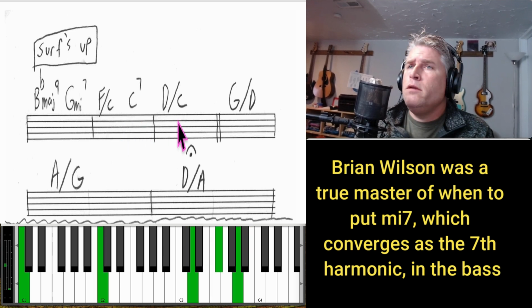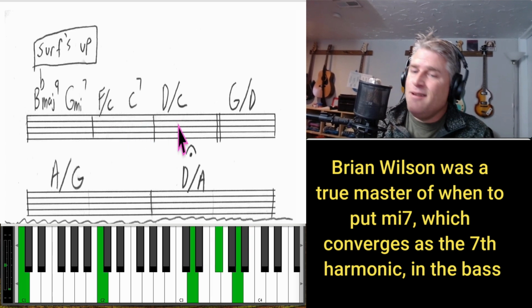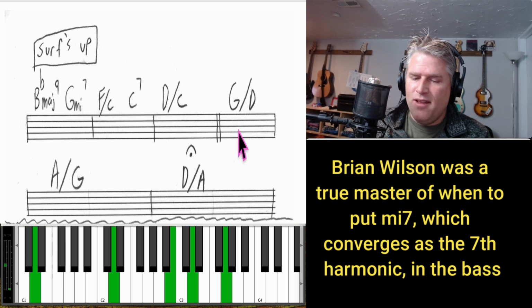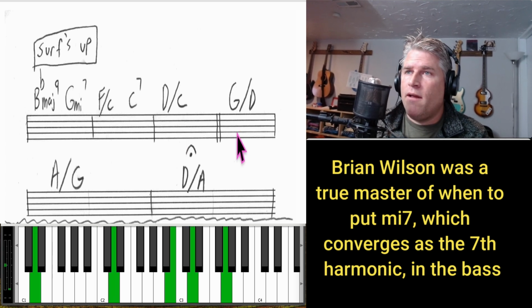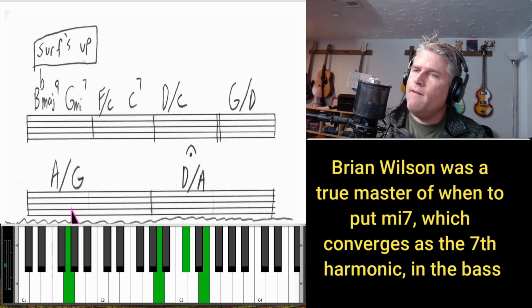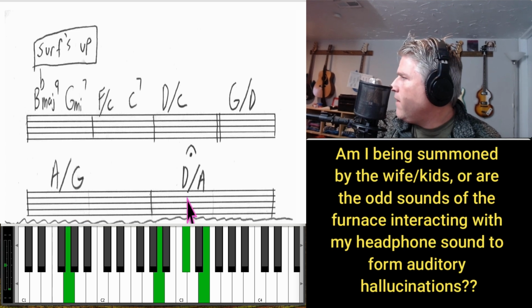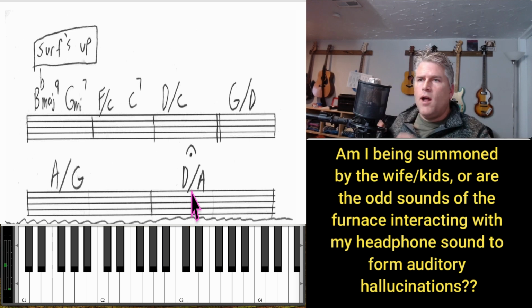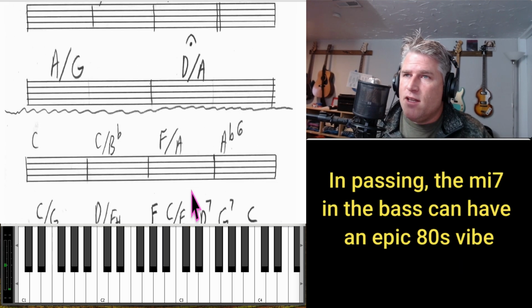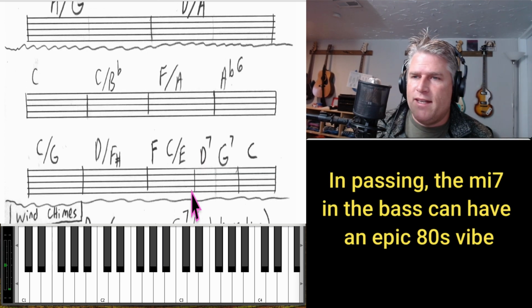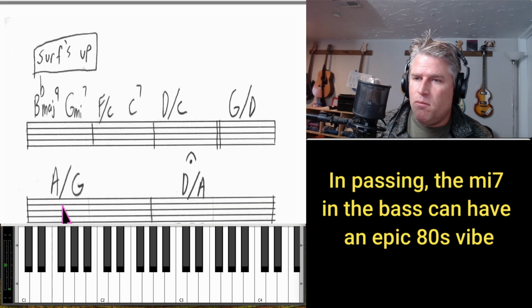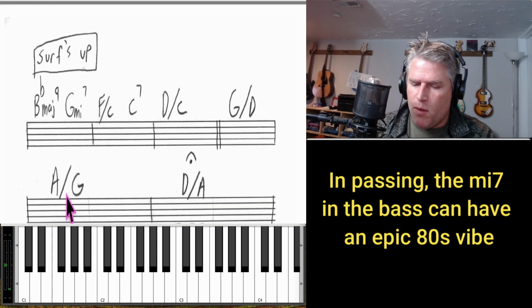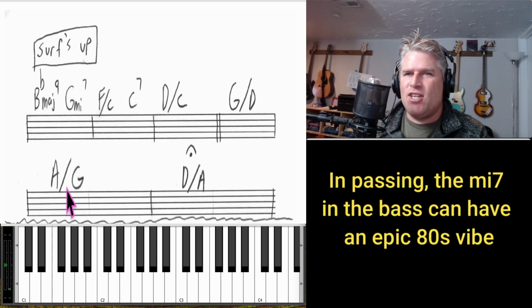Here. And again here, A over G. D over A. So that is a very underused chord, putting that dominant 7 or that minor 7 in the bass of a major chord. You can really come up with some cool, even some cliche type of stuff that you